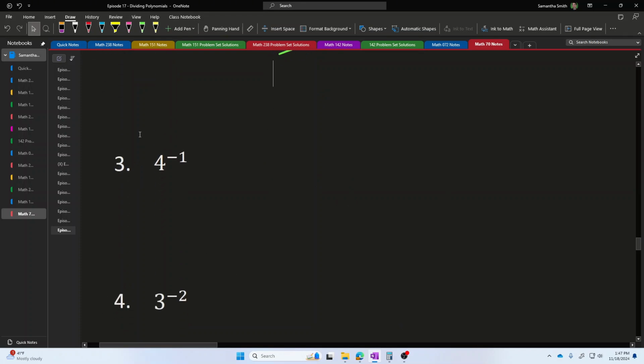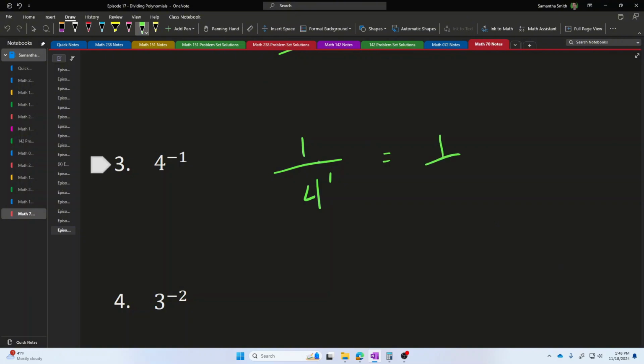Someone says, what is 4 to the power negative 1? So 4 to this negative exponent. 4 to the power negative 1 says take 4 to the power positive 1 and take its reciprocal. Put it in the denominator of a fraction. Now, 4 to the power positive 1 is just a single copy of 4. So 4 to the power negative 1 is just 1 over 4. 4 to the power negative 1 is just the reciprocal of 4.